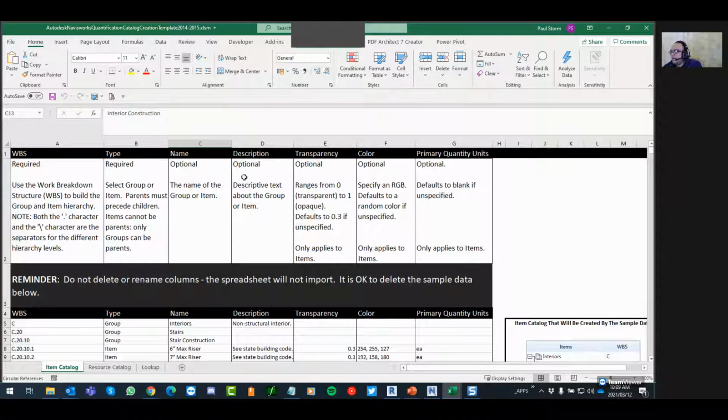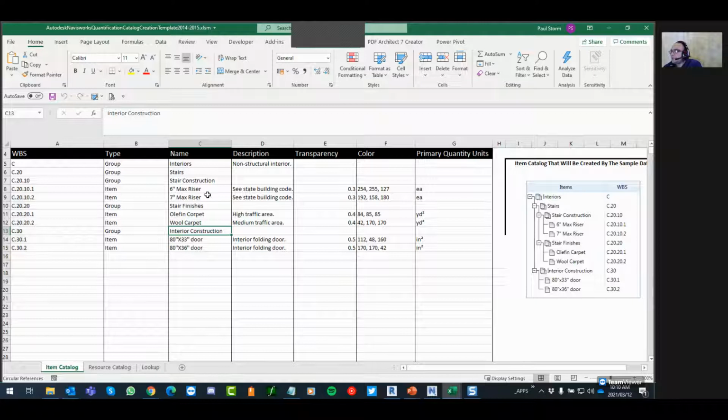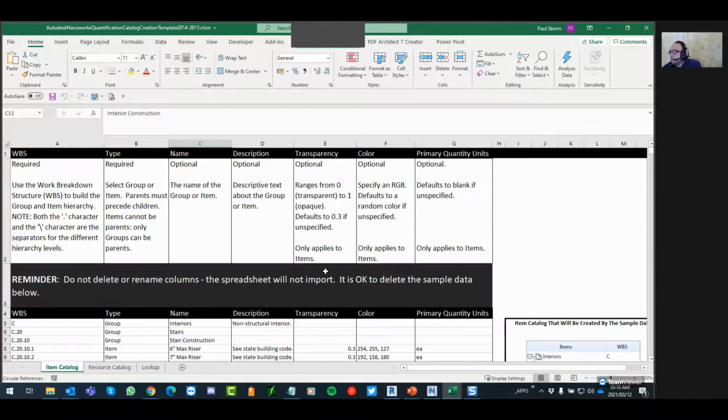Then we've got the name. That's optional. Everything else is optional, but the workbook structure and the type is required. It helps if you have the standard available to you already. And then lastly, we've got the description,